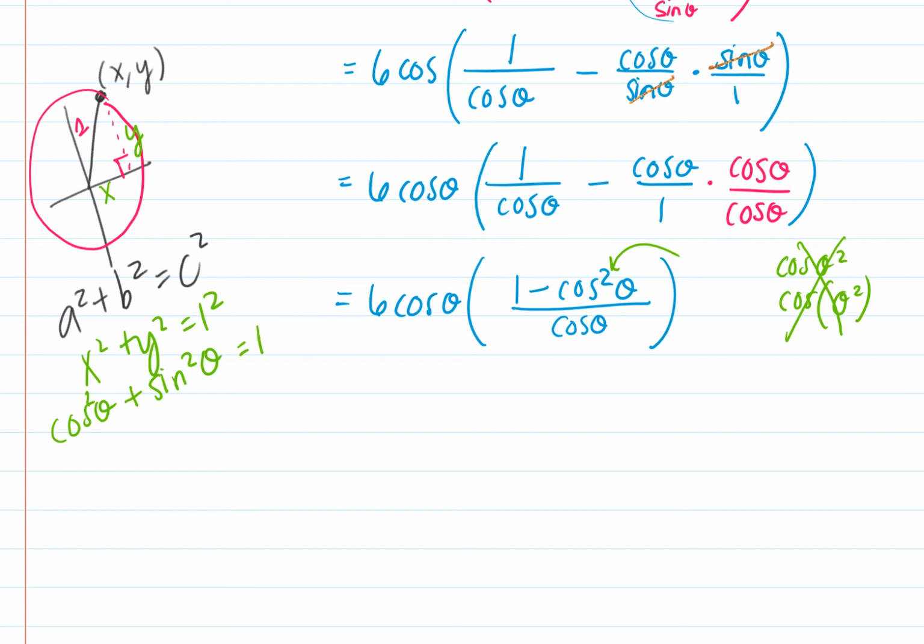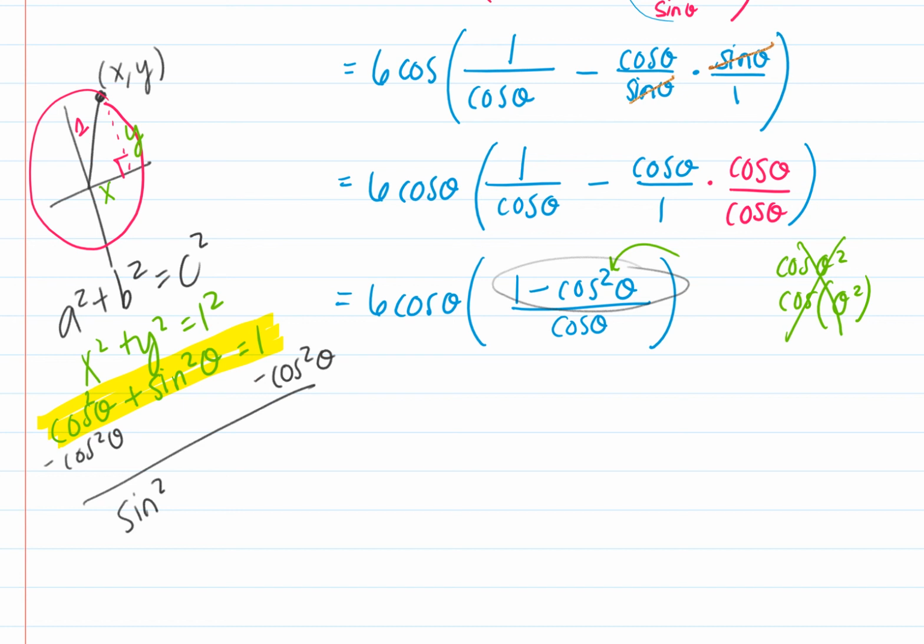This is an identity you should memorize. You'll use it a whole lot. And often you'll use it by rearranging. If you have a binomial and one of the terms is 1 and one of the terms is either sine squared theta or cosine squared theta. For example, take a look at our numerator here: 1 minus cosine squared theta. Well, if I subtract cosine squared theta from both sides, I can see that sine squared theta is equal to 1 minus cosine squared theta. So that's sort of my hint: when I see a binomial with 1 and sine squared theta or cosine squared theta, sometimes I try to whip out this identity